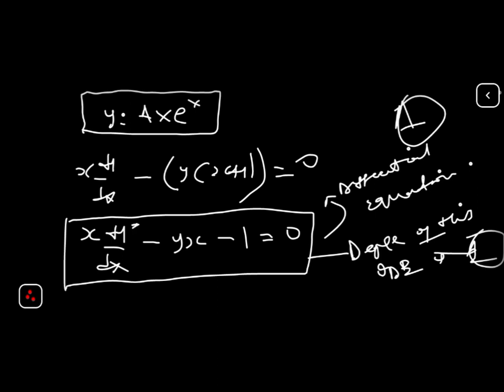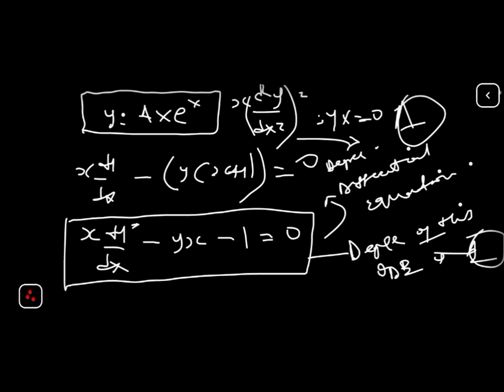So if we had, let's say, x (d squared y over dx squared) all to the power of 2, minus yx equal to 0, it's going to be a degree of 2, because the degree is given by the power of the highest derivative. So basically, this was the scope of this video. In my subsequent videos in this series of